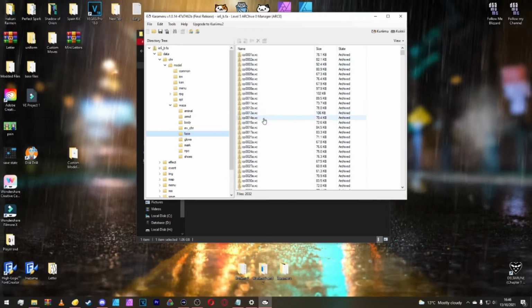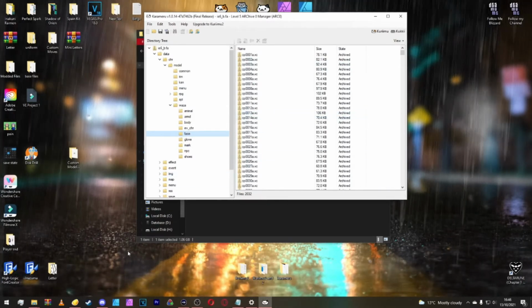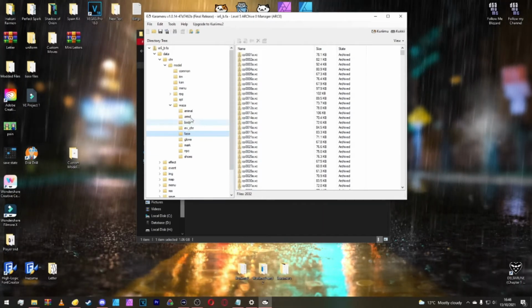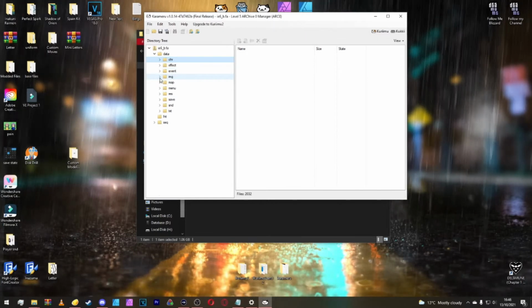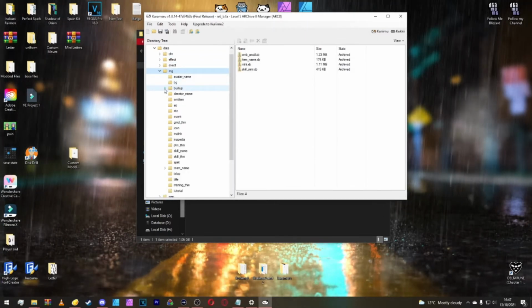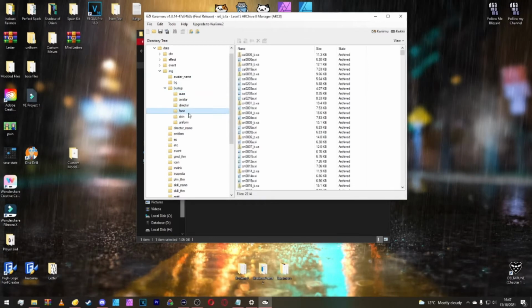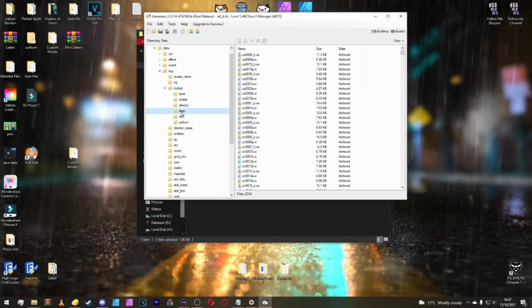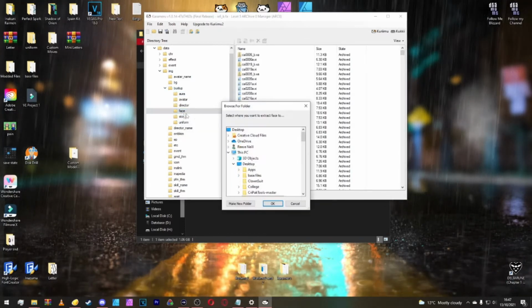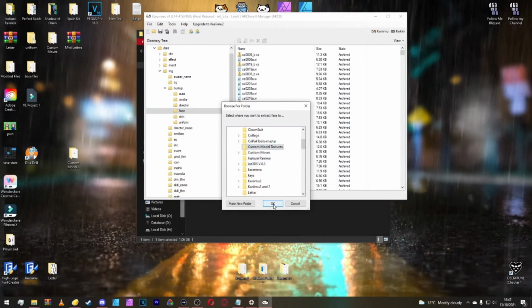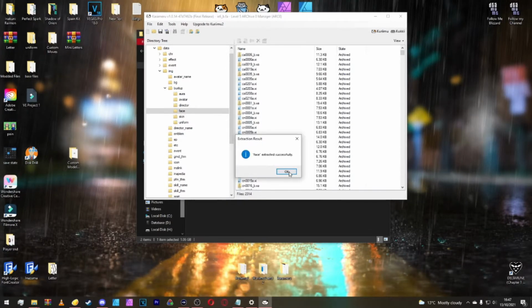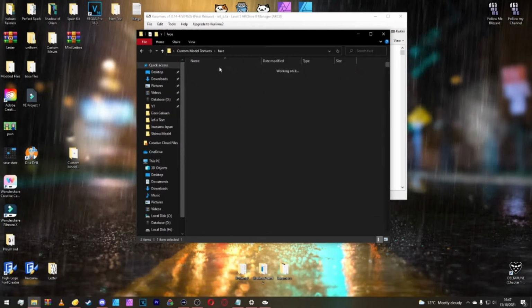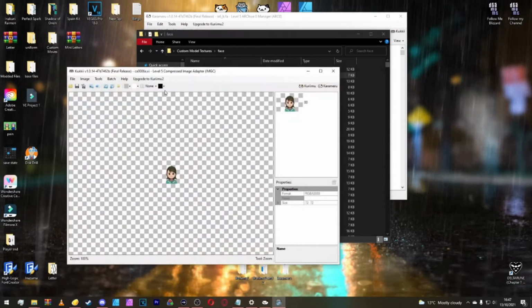Tenma's character ID. A simple and quick way to do this is if we go out of the character folder now and go into image, and then into, I think it's bust up. Yes, into bust up, and you can see there's a face folder here. If we extract face from bust up, and we'll put it inside custom model textures here. We want to extract face. The reason we want to do that is because this, inside this folder here, and then we'll just take out